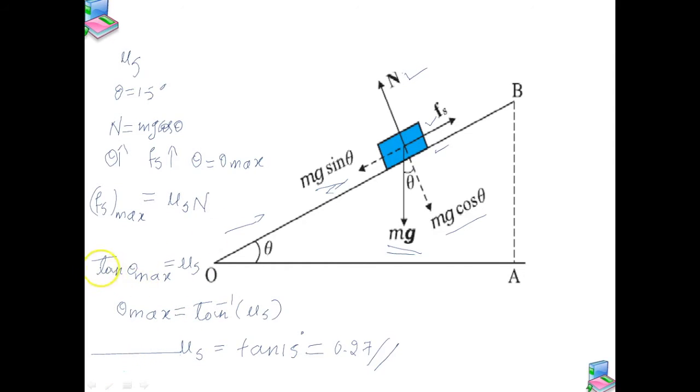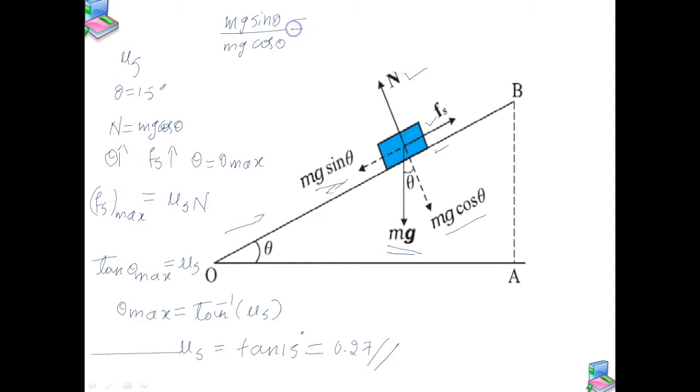So in this particular example, we need to find the coefficient mu s, and we know the different forces which are acting on this block: the horizontal force Fn, the normal reaction N, and the weight mg. We can resolve it into two components, that is mg cos theta and mg sin theta. So by those components we'll get the value of theta, that is mg sin theta by mg cos theta